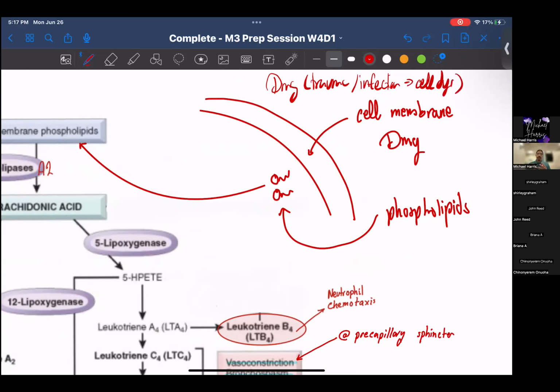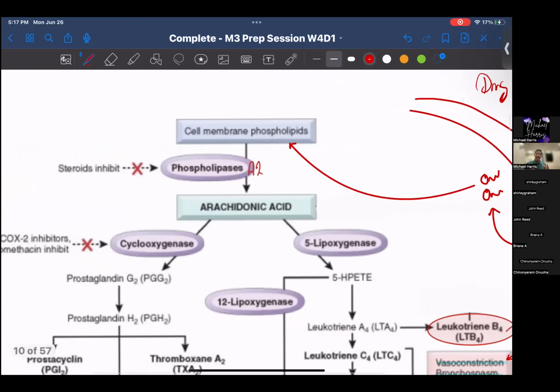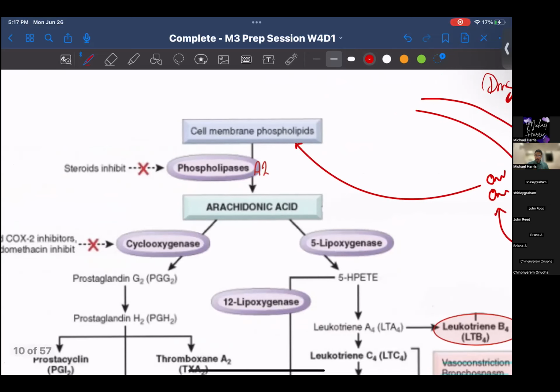Your cell membranes get damaged, right? And as a result, when the cell membranes get damaged, they release phospholipids. These phospholipids get metabolized or cleaved by an enzyme called phospholipase A2. Now, phospholipase A2 then ends up forming arachidonic acid. This arachidonic acid produces a lot of different byproducts depending on what enzyme breaks it down or what path it